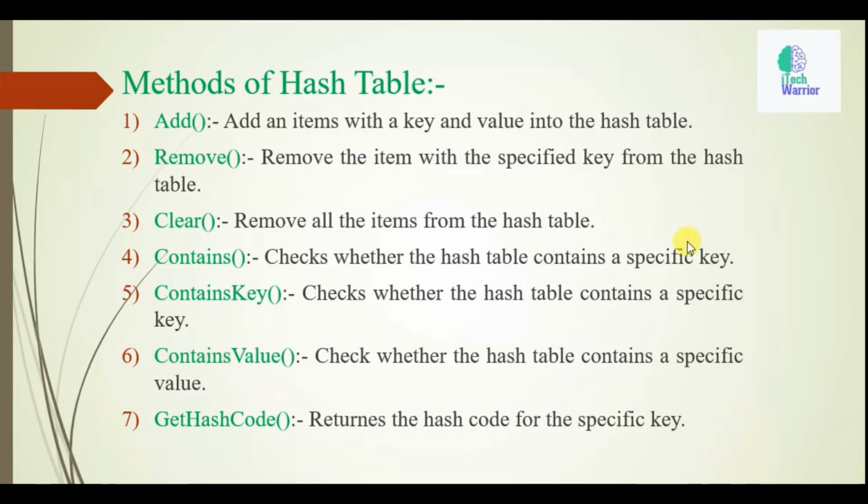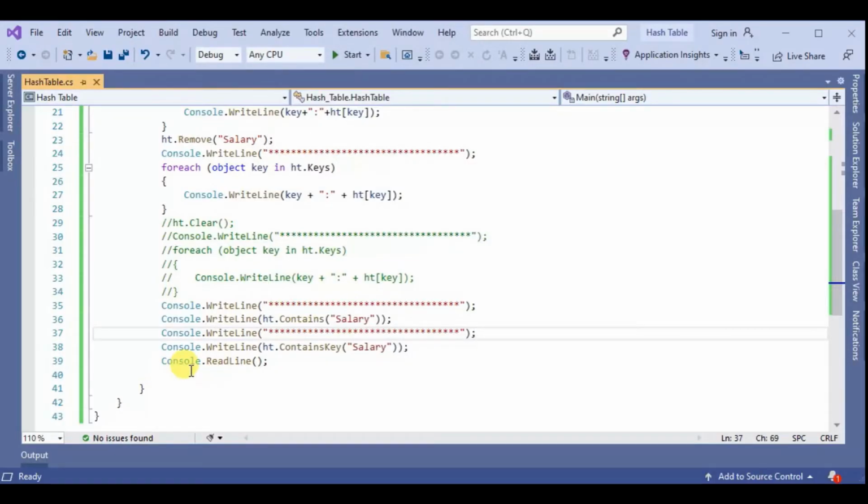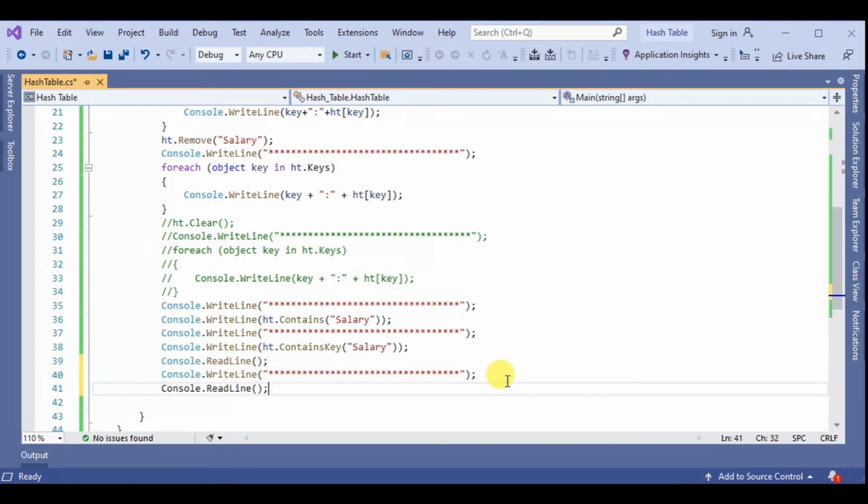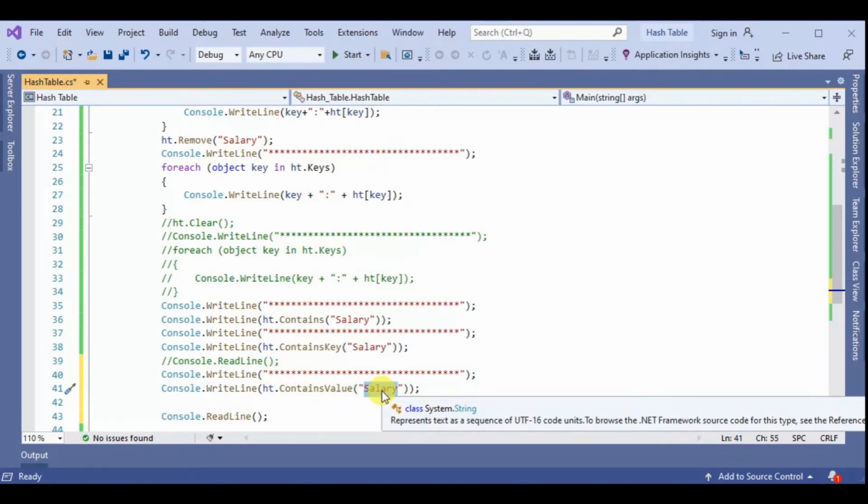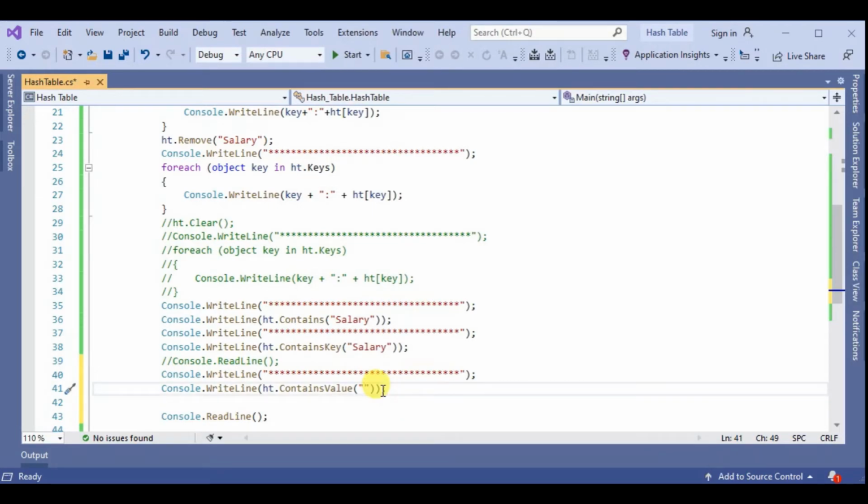And the next method is contains value. Copy, paste. Here contains value means we find by the value.